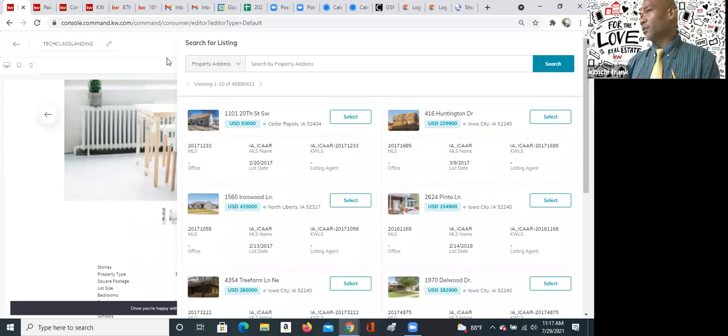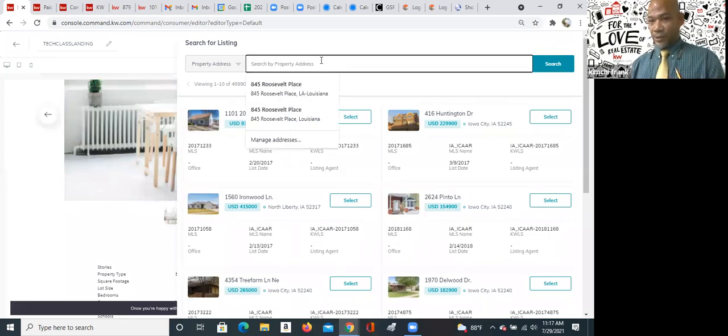Did y'all add the listing widget? If you add the listing widget, and obviously there was no listing added, and you select configure widgets, this is what happened with me. It brought up the property screen, and we're going to just pick